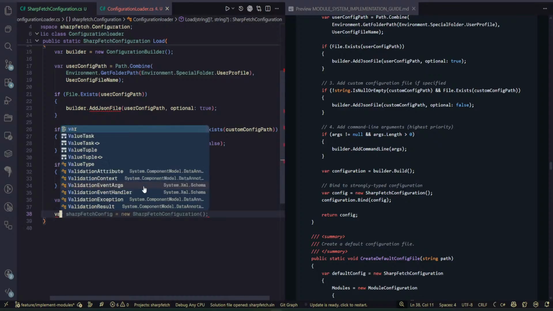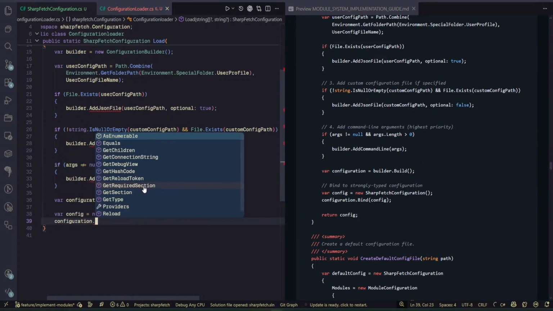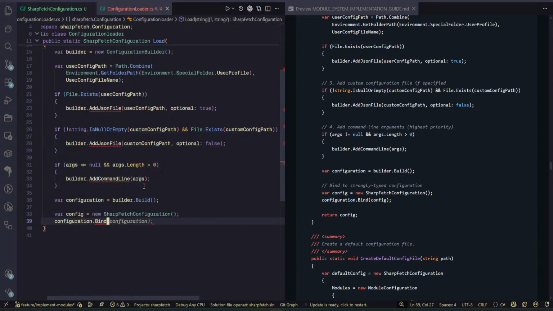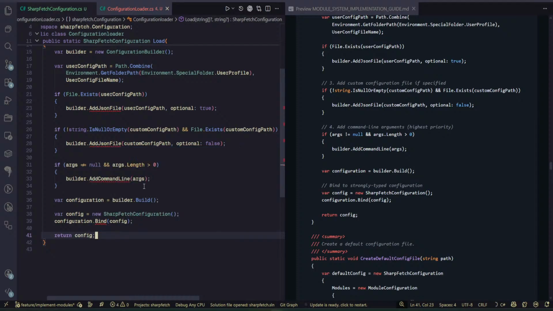Okay, that's easy. New SharpEdge configuration, and then configuration bind to the config. Okay, and then we return the config. Finally,